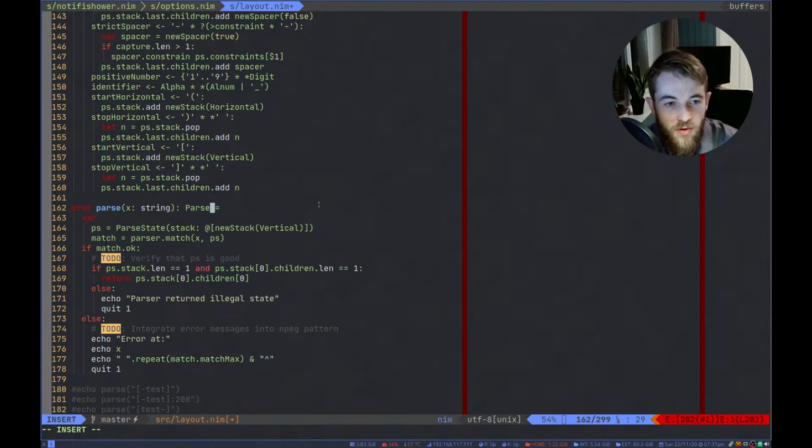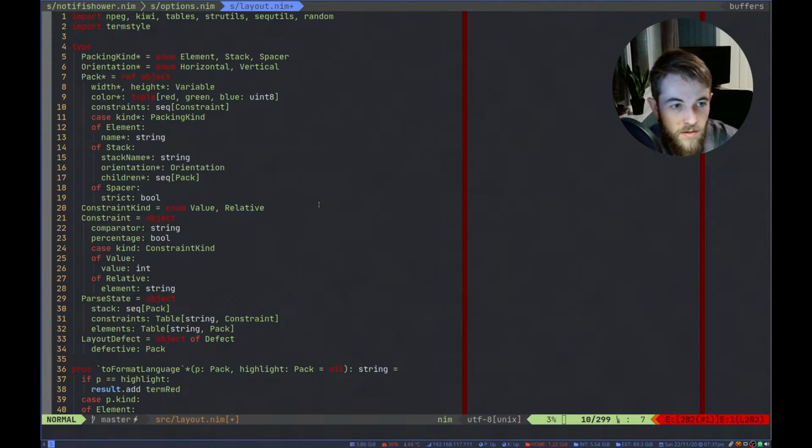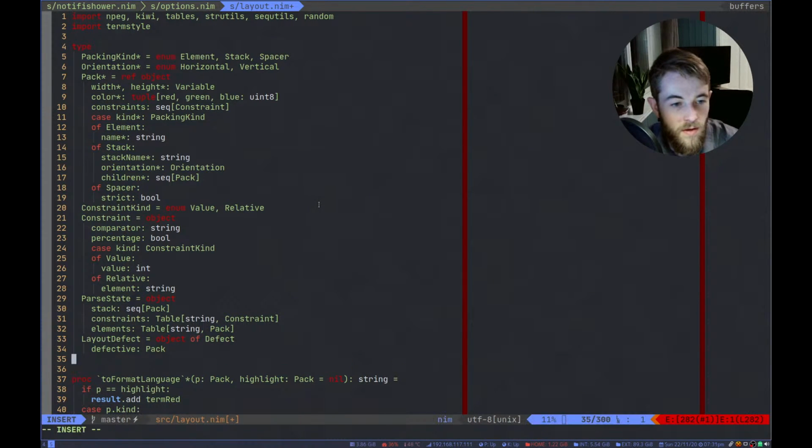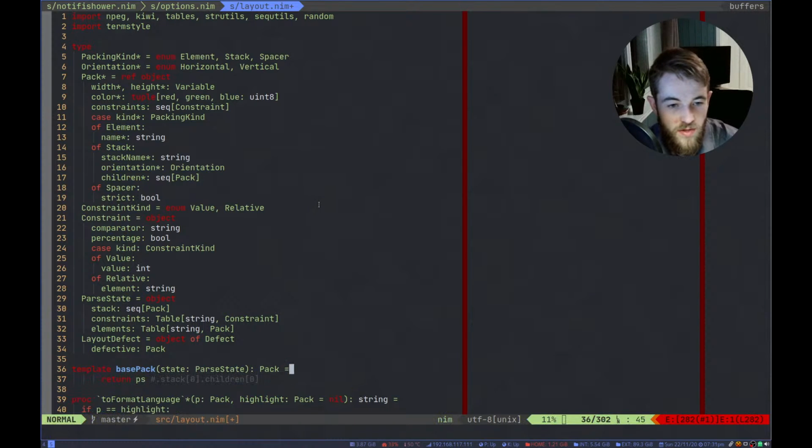Here I'm going to return a parse state. This is just going to return the parse state. We are going to define a template just called base pack, which takes a parse state and returns a pack, and that's going to do this thing.